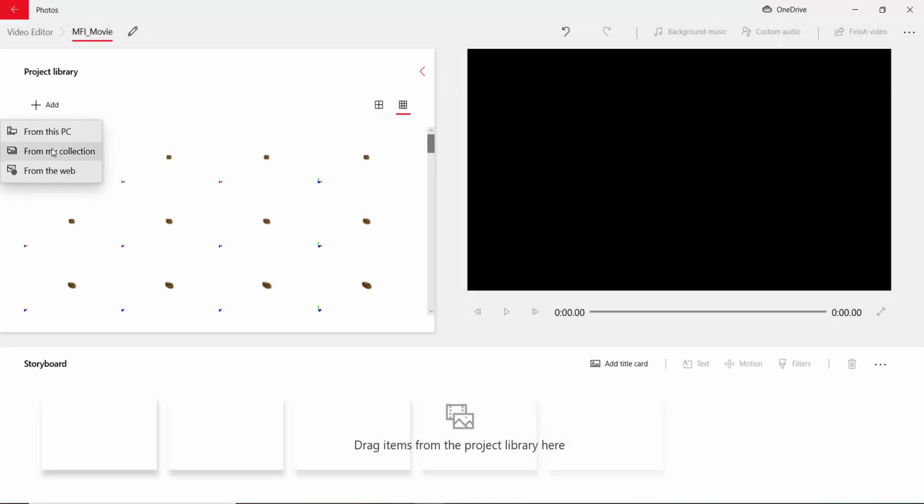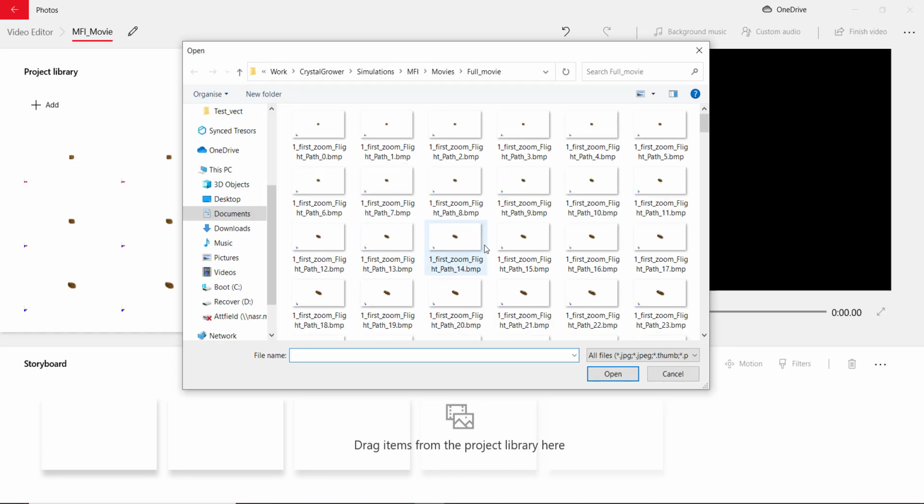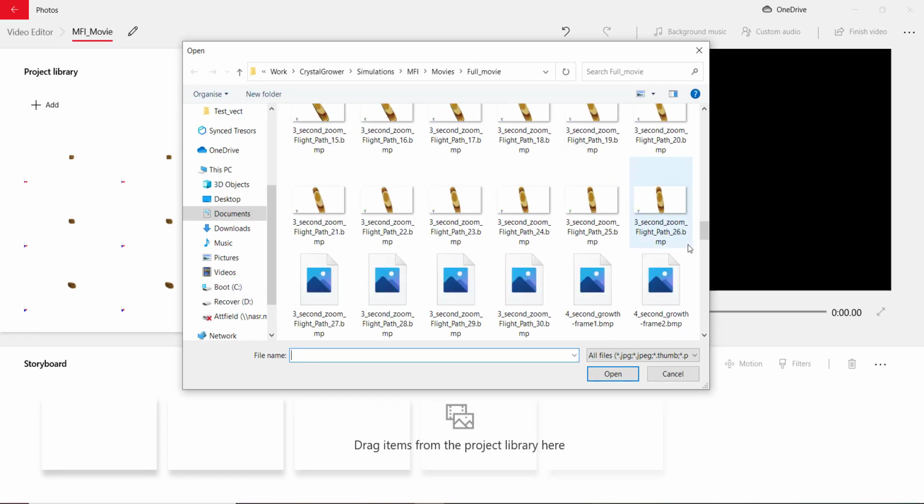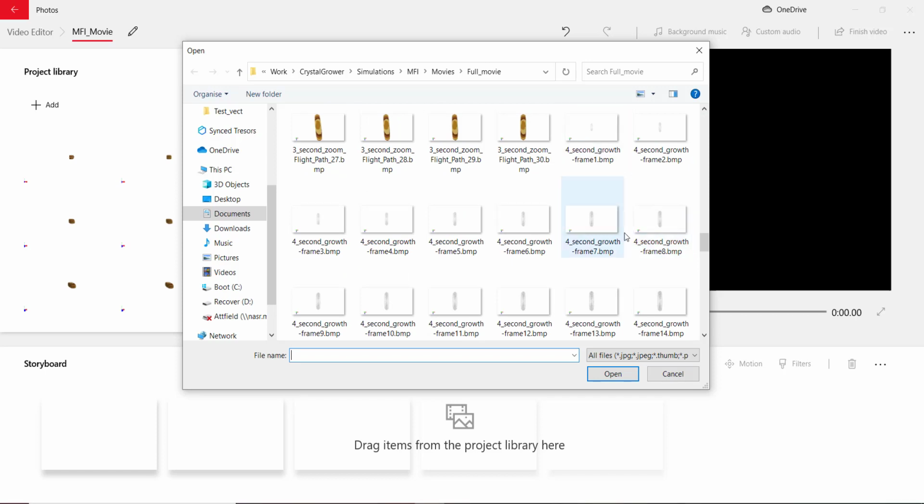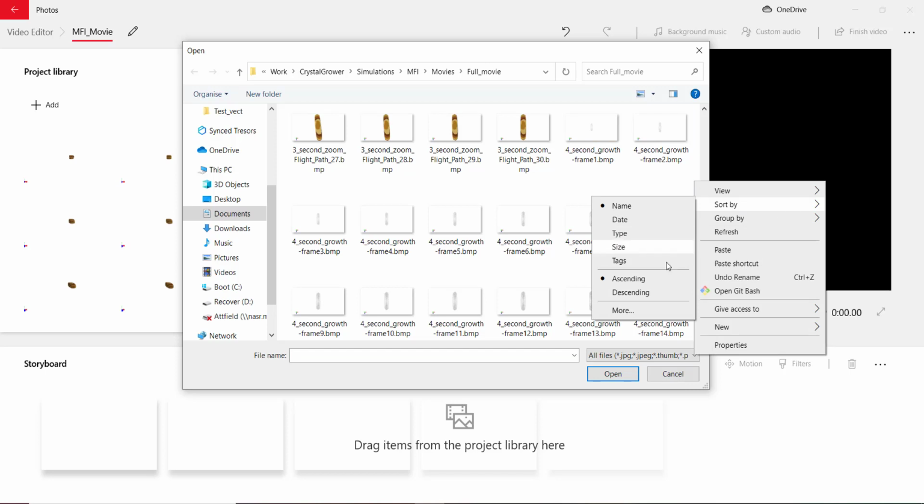It does take a bit of time to load, but once all your frames are loaded, it's quick to manipulate your video. And then our next part, we actually wanted to reverse the growth. So we want to load the frames in reverse order. So if I scroll down to part 4, I don't want to load these frames in this order. So I can just flip around the sorting. I can sort by descending